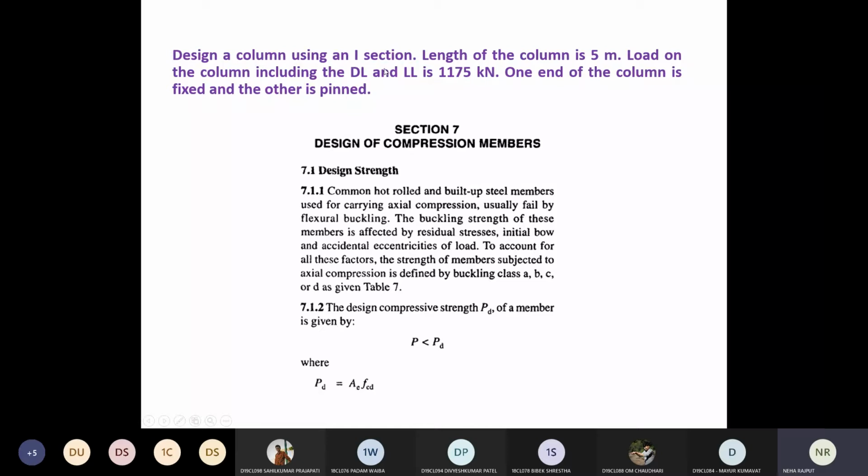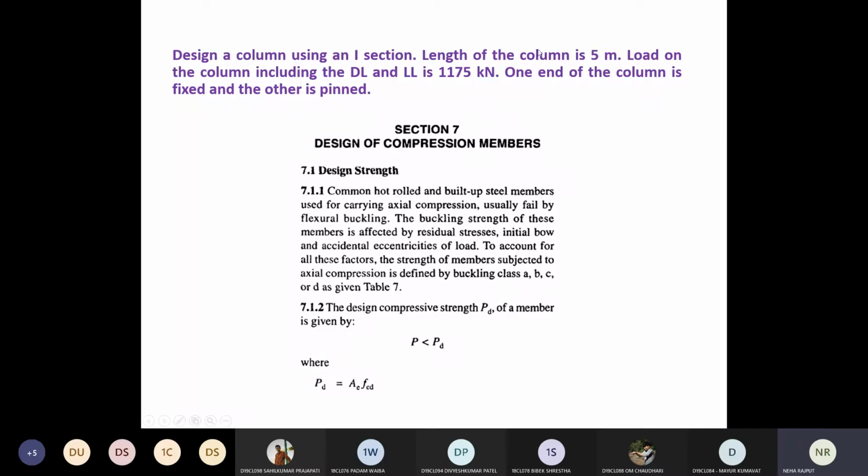In that case, you need to see whether the compression member or column member is designed for steel material or concrete. For that you need to see the section which is given. Here it is mentioned I section. In concrete, the grade of concrete and grade of steel are mentioned. That way you can identify whether the design is a steel design or a concrete design.